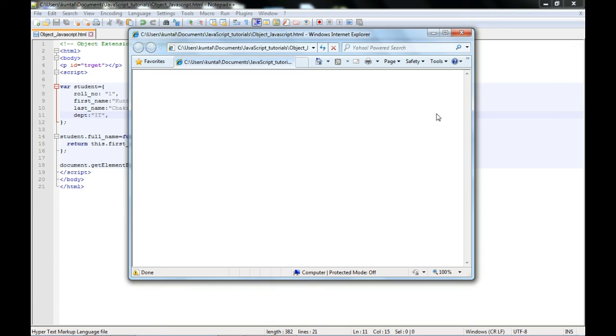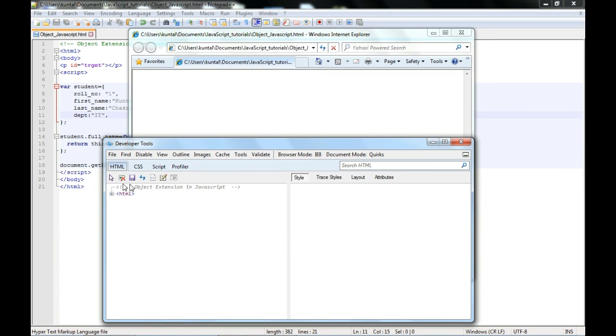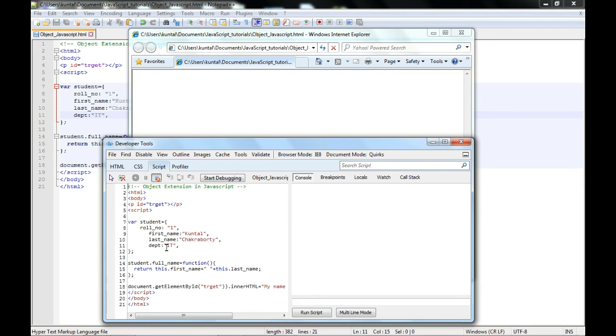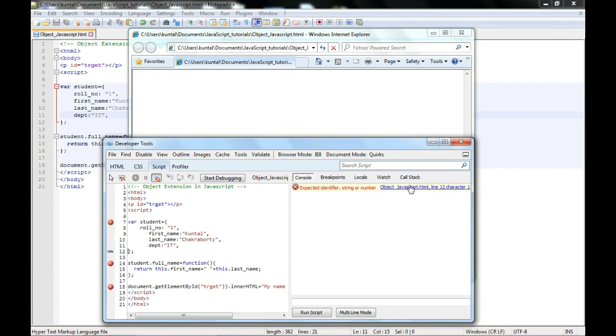Still it is not running. So I will go into troubleshoot mode. How do you debug JavaScript? For debugging JavaScript, I will press F12 in Internet Explorer. See, I'm trying to open the debugger.